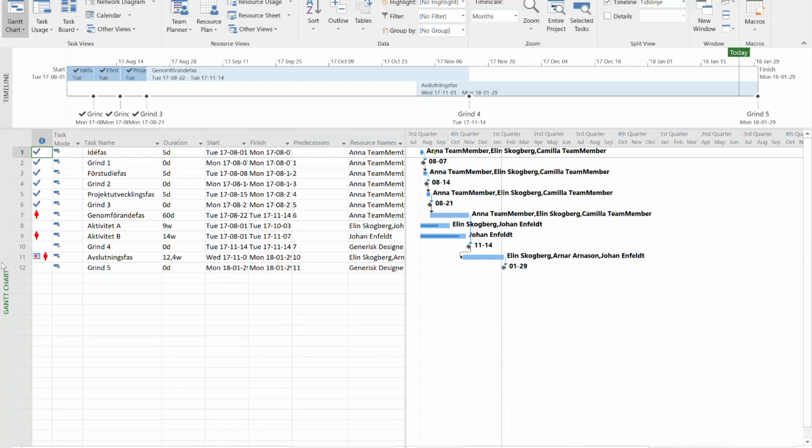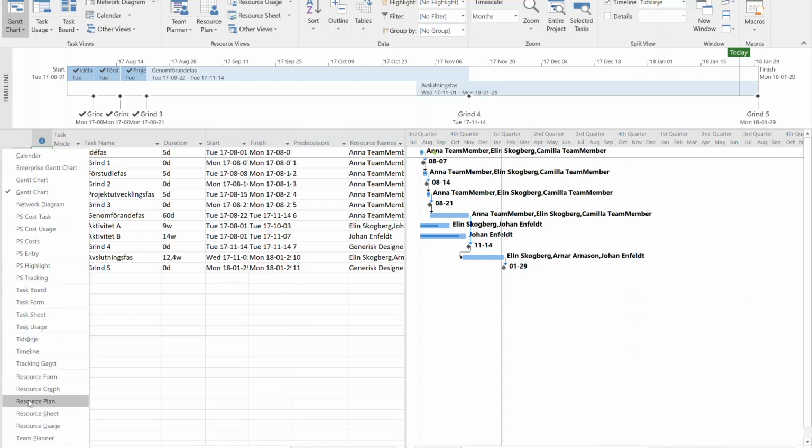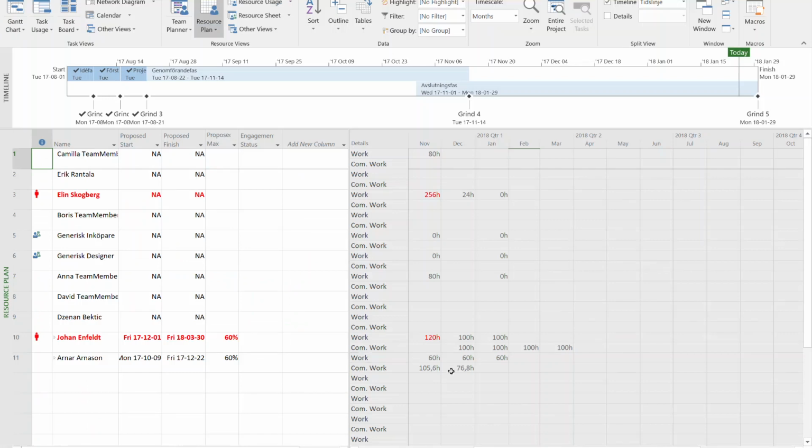And if I go back to the resource plan, I can just make a quick check that, yeah, now I see him aligned. I have you on 100 hours in December, and this is actually in line with what I have as committed work in the contract. And I also see that, well, actually, I have 200 more hours for you in February and March. So if needed, we can plan some more work on him. Otherwise, I should go back to the line manager and say, well, we should change this. I won't need him for this. So,